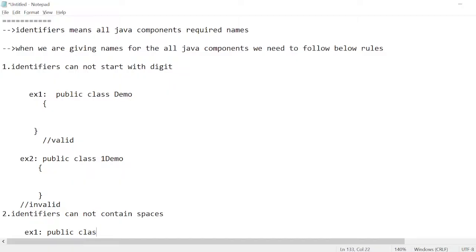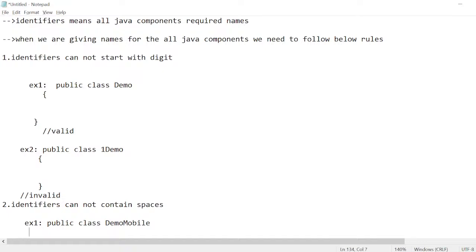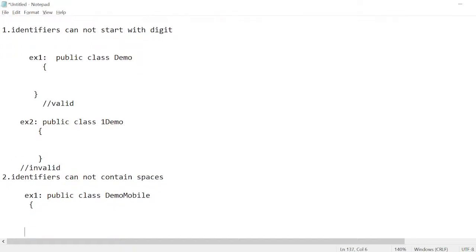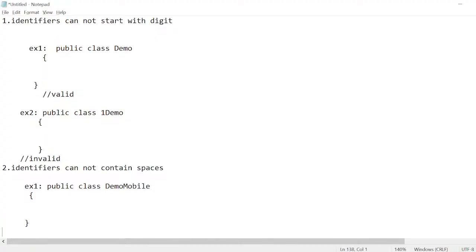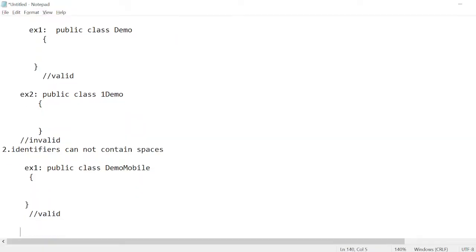Public class demo mobile. This is the scope of this. This is valid. Okay. This is scenario number one. Coming to example number 2,